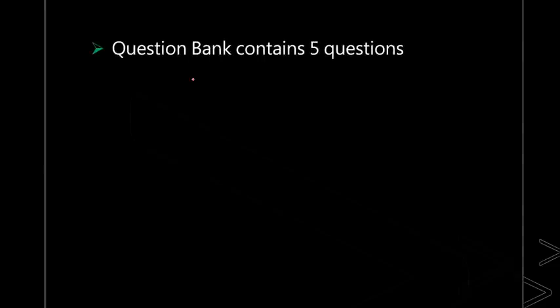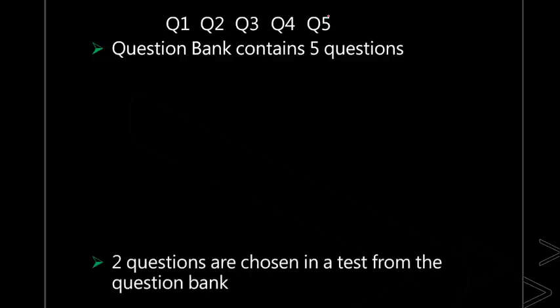Alright. So now they tell you the question bank contains 5 questions. Let me say the 5 questions are Q1, Q2, Q3, Q4 and Q5. Clear? I'm numbering them as Q1, Q2, Q3, Q4 and Q5. What is the next thing they say here? From these 5 questions, we are choosing how many questions? We are choosing 2 questions. Did they tell you which 2 questions will be chosen? No. I can choose any 2 questions. So what is this? Combinations.